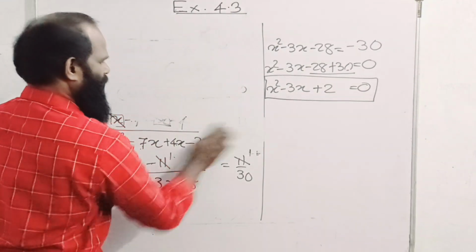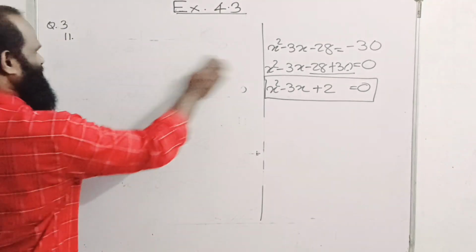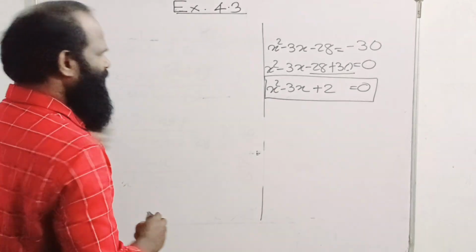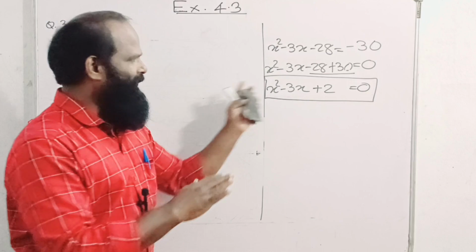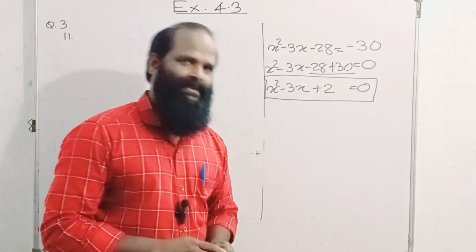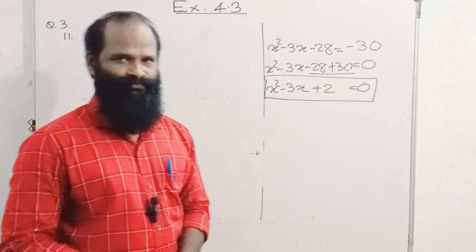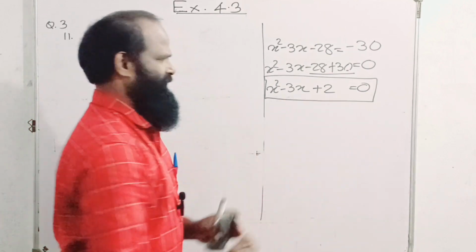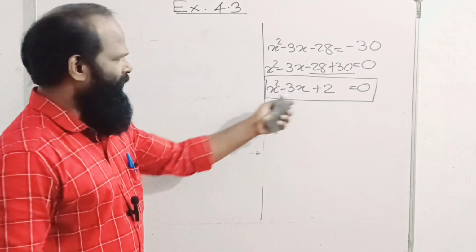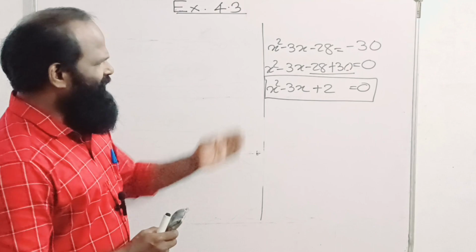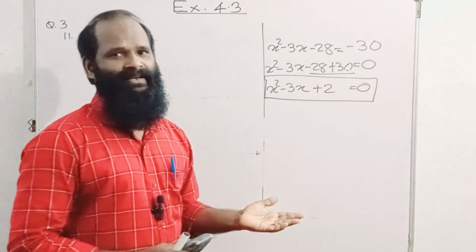Here, I would choose factorization by splitting the middle term because the numbers are so simple. When the numbers are so simple, you would rather choose the factorization method by splitting the middle term. If numbers are bigger, you would rather choose the quadratic formula. Okay, numbers are simple. How this kind of equation is factorized, I have explained very well in one of the